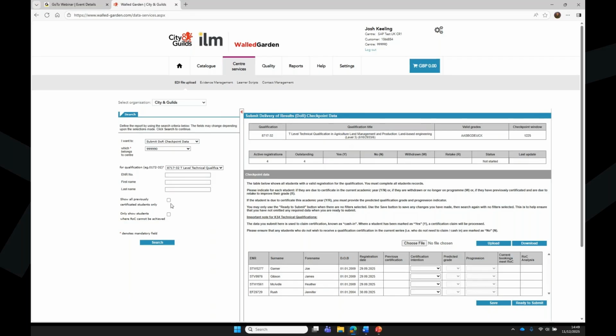There's a couple of other filters just under here. There's a checkbox to show all previously certificated students only. If you've got a student who's previously certificated, but they're looking to retake to improve their grade, you can search for just those students by ticking that box and clicking search, and that will filter just to those students. You can also search only for students where the rules of combination cannot be achieved by ticking that box there